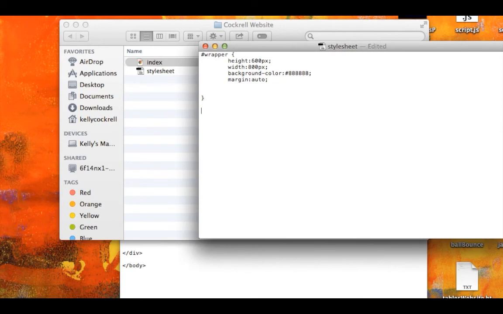Why? Because we are styling. So I'm going to go ahead and use that hashtag again, and what that does is it tells the browser that this is a space and not a tag. And in there, I'm going to go ahead and give it a height of